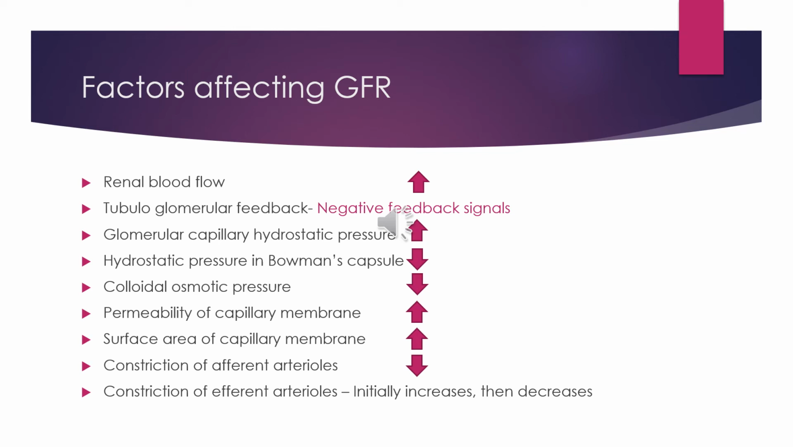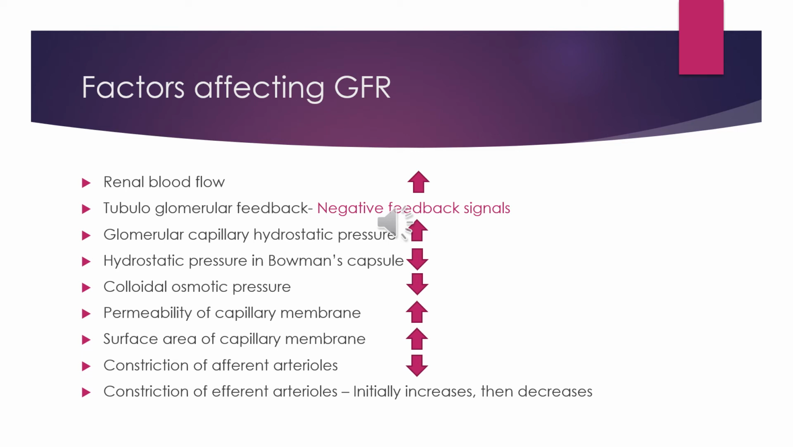Then constriction of afferent arterioles. The constriction of afferent arterioles causes reduction in the blood flow and thereby reduction in the glomerular filtration rate. Constriction of efferent arterioles, actually, initially increases the GFR, but later on, long standing, it causes reduction in GFR,